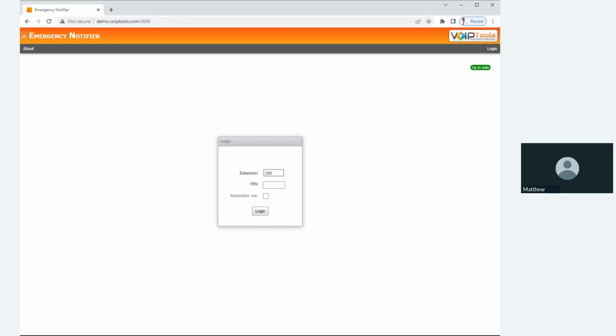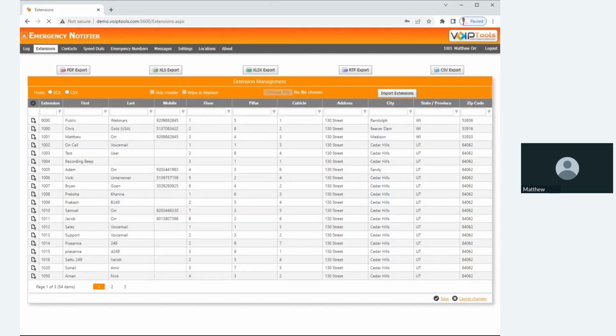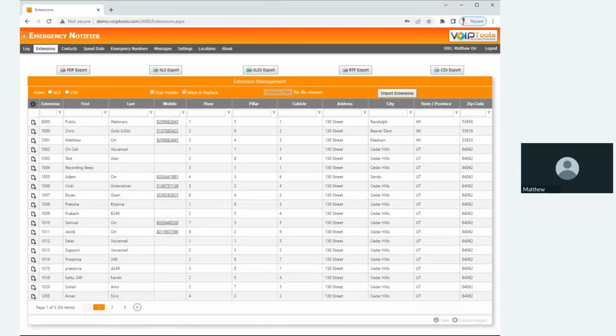So let me log in, and if you notice, I'm putting in my extension and my voicemail pin. Emergency Notifier goes out and communicates with the 3CX server and verifies my credentials, looks to see if I'm a manager or a PBX admin or a regular user, and then based on the rights that I have in 3CX, it will affect what menu options are available to me when I log in. So this is one of the main screens, but there are quite a number of other screens that we'll be